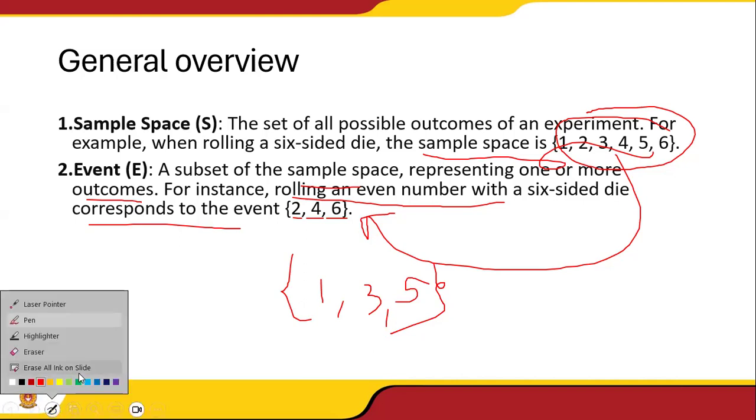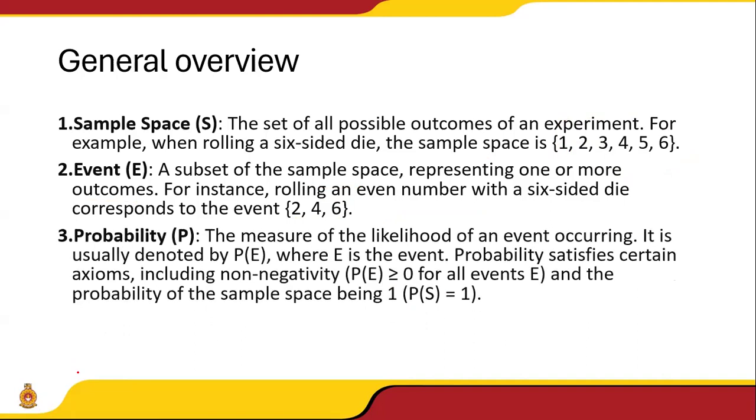Next, we'll go to another key term related to this probability. It's probability, measuring the likelihood of an event occurring. It's usually denoted by P(E). So this is the standard mathematical representation that we are telling. E is an event, any event. This is an event, right? Probability of satisfying certain conditions,